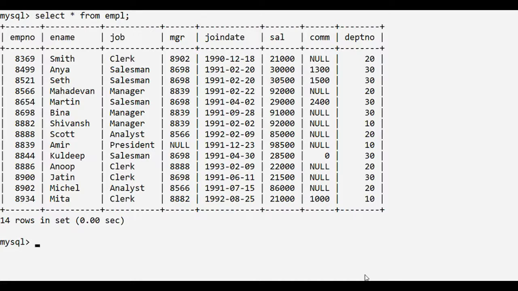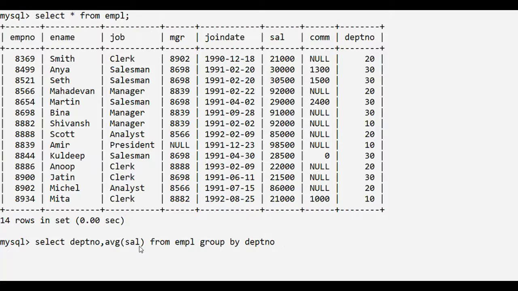In this case, grouping will be done on the basis of the department number field. So we write select department number, comma, AVG sal from employee group by department number. In this case, groups will be created on the basis of the department number field, and the AVG function will be applied on each group. But only those records should be displayed in the output where the total number of employees is less than 4.